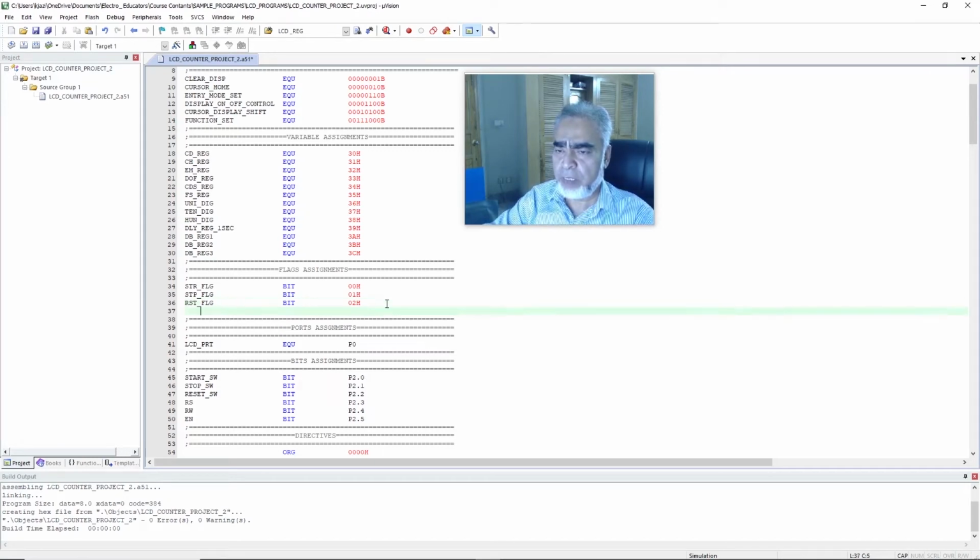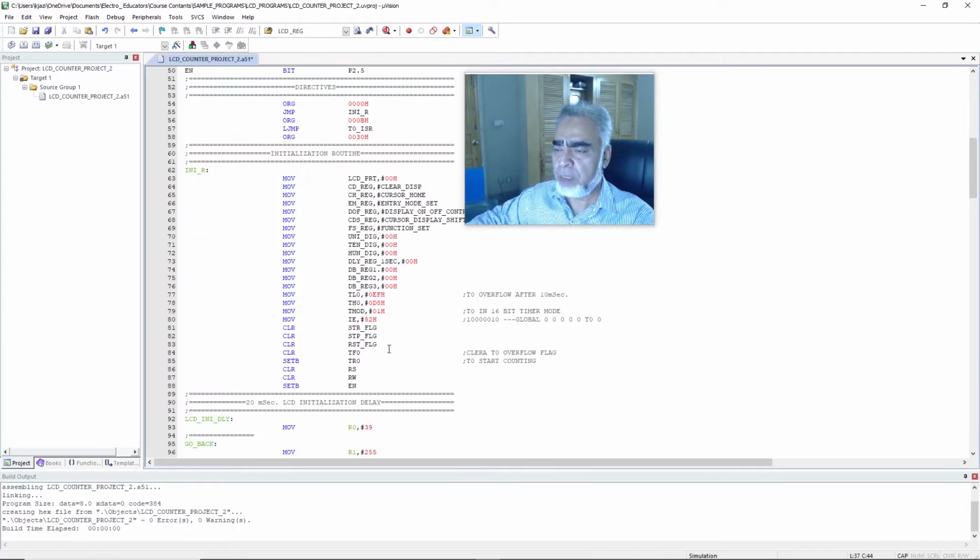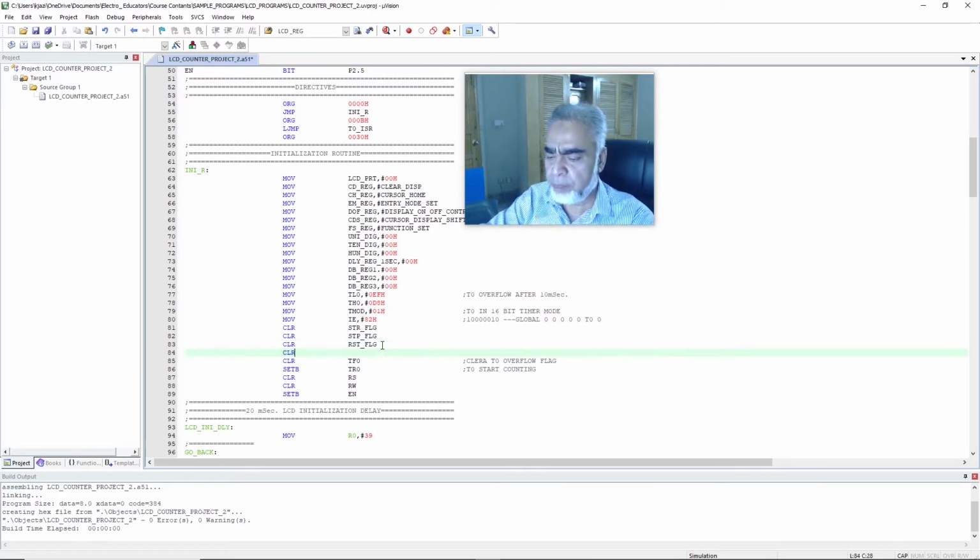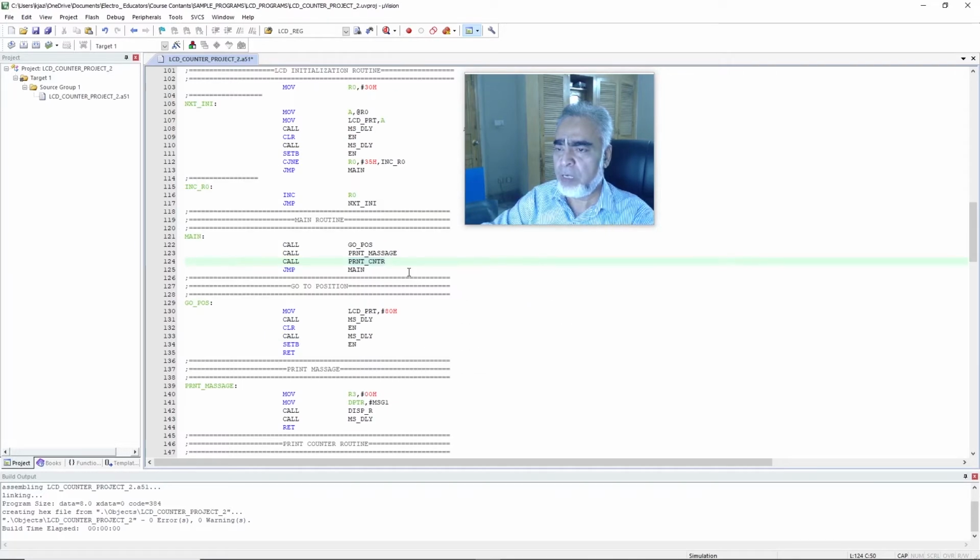So here we will write that is ss_flg, that is bit 03h, and here in initialization routine we will clear the status of start stop flag. So we will write that is clear ss_flg, and now we will use these variables in our program, and now we will add another subroutine